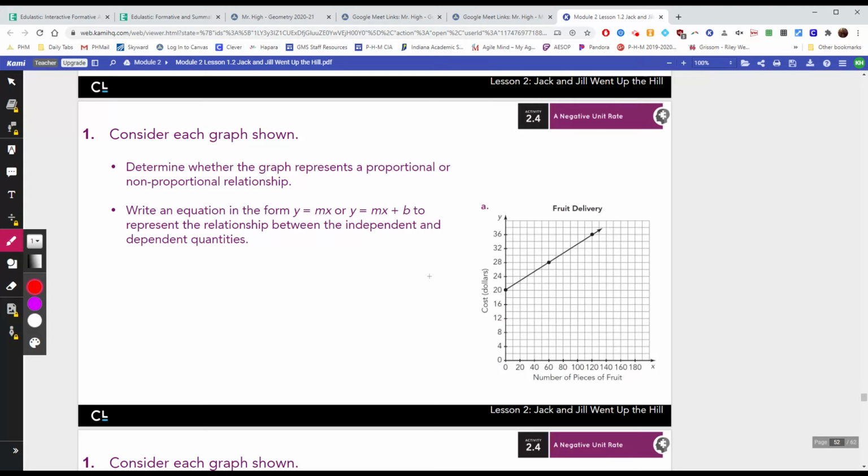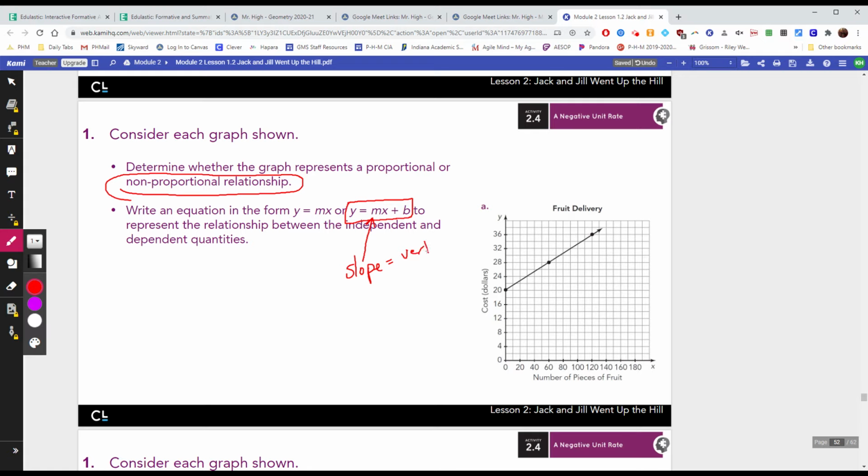For problem number 1, it said determine whether the graph represents a proportional or non-proportional relationship. So let's do that first. This graph would be a non-proportional relationship. The reason is it does not go through the origin. So we're going to write an equation in this form, because this is the form of a non-proportional relationship, to represent the two quantities. So for this, I need to know the slope,